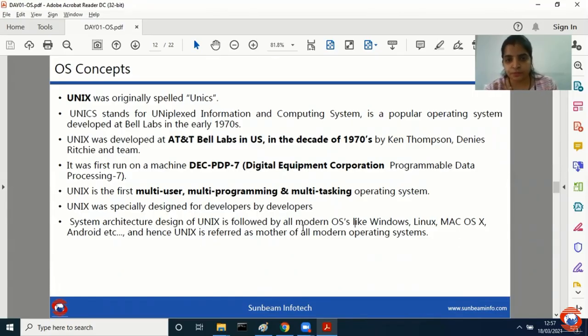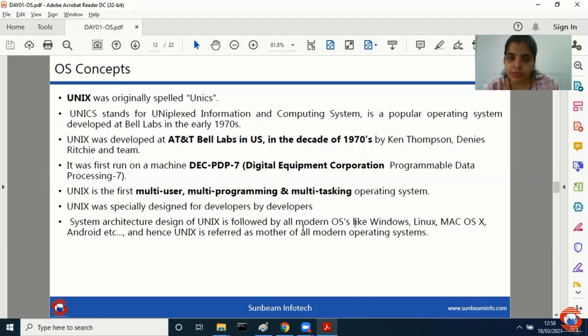That is multi-user. When I say multi-programming, it means you can write multiple programs on one single OS. ऐसा हो सकता है क्या कि you cannot write any Java or Python application on the same OS? No, it's not possible. You can do any programming and you can do multitasking also. What is multitasking? In the background, you listen to the music. In the foreground, you write the programs. That is called multitasking. In the background, you are working on some data, and in the foreground, you are writing some applications to work on that data. That is called multitasking.